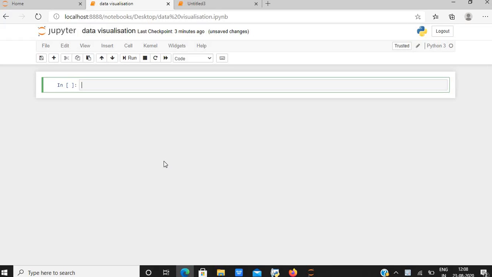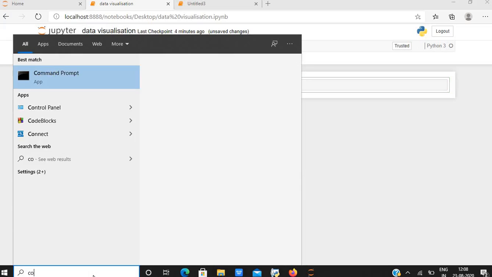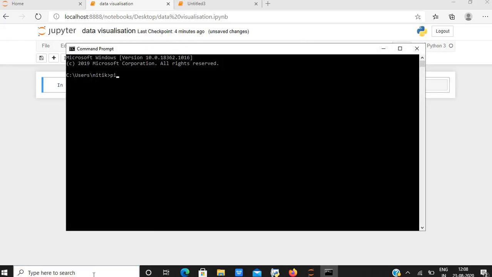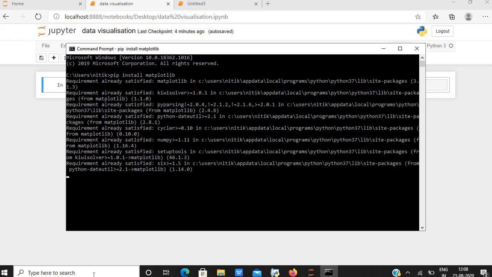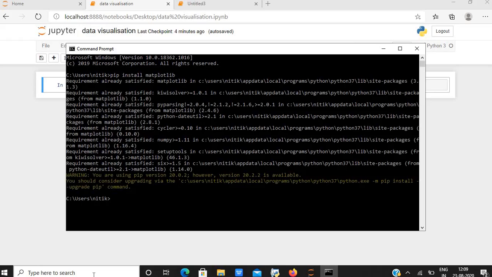Data visualization forms an integral part of any strategy as we formulate most of the strategies seeing charts. We will be using two inbuilt libraries, namely Matplotlib and Seaborn, which help us in visualizing data. Firstly, let us talk about Matplotlib. To work with Matplotlib, we need to install the library. To install the library, we need to go on the command prompt and type pip space install matplotlib and click on enter. As you can see, my requirement is already satisfied, so we are good to go.